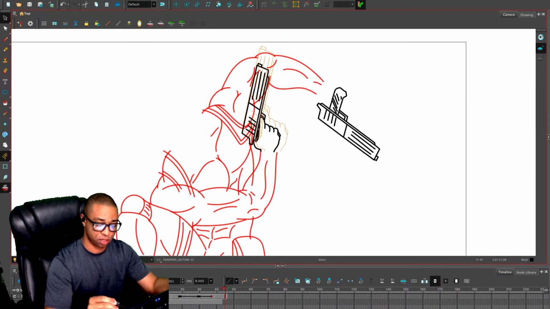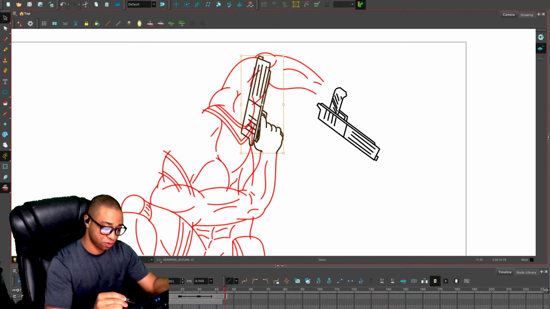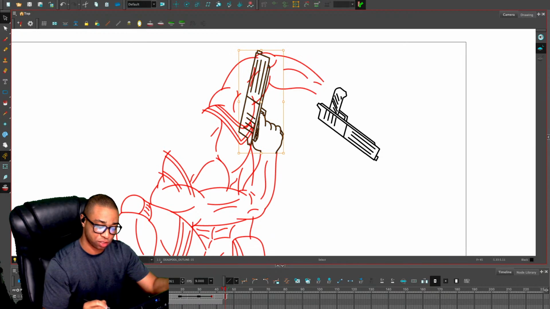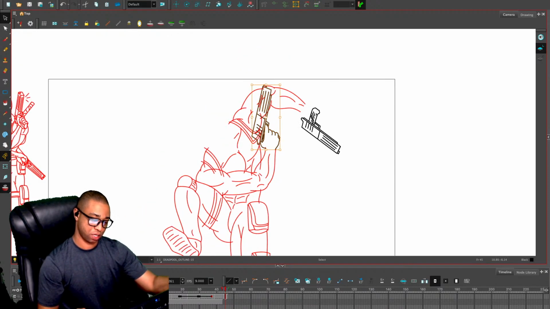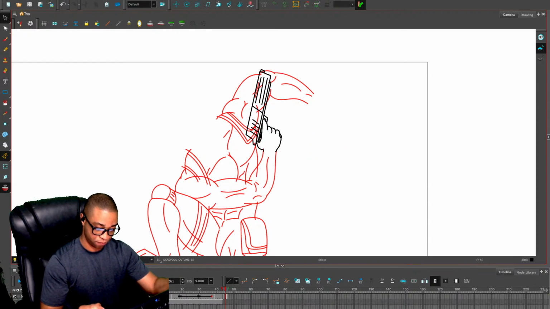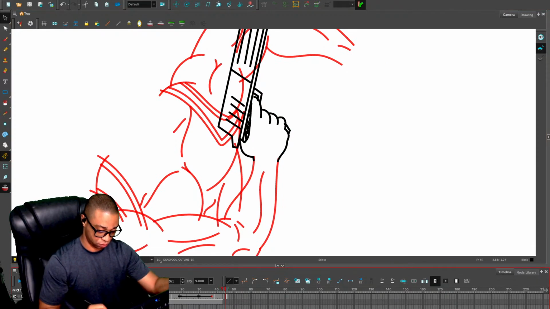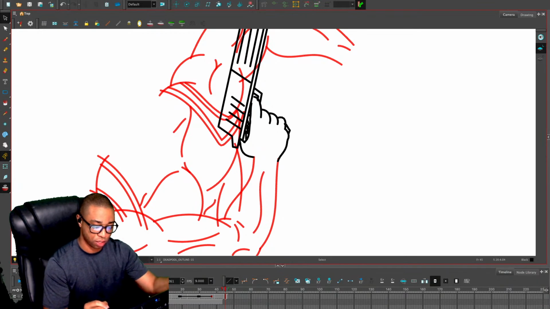And then we'll just make it to the size of the hand. I'm not going to worry about changing the size of the gun right now. Just get this hand in place. Yeah, that works. That's good. And all I have to do here really is just make it fit. Like that. Boom.